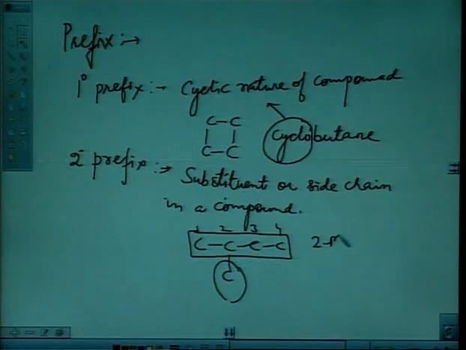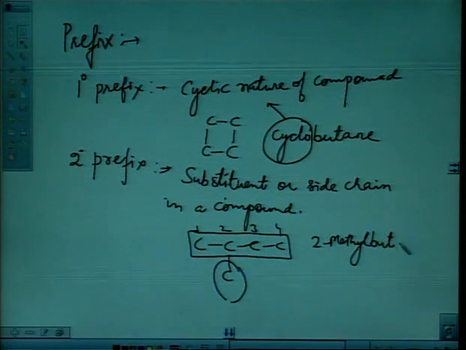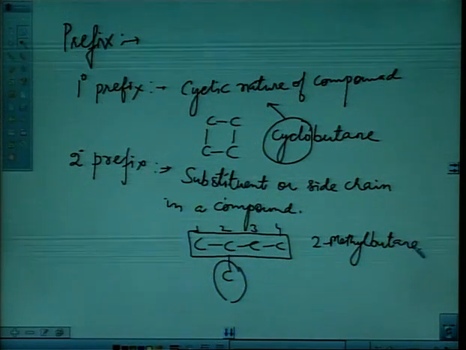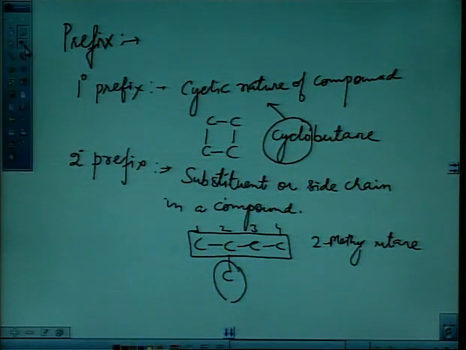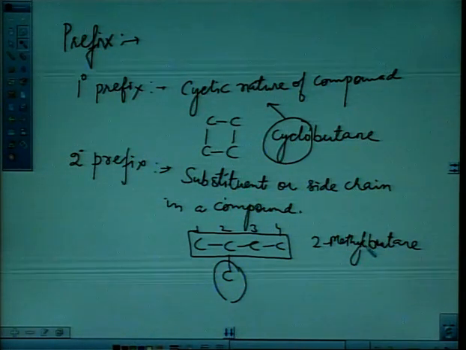2-methyl. Here 2-methyl is a secondary prefix, 2-methyl butane, 2-methyl butane. Here 2-methyl is a secondary prefix. Now let's